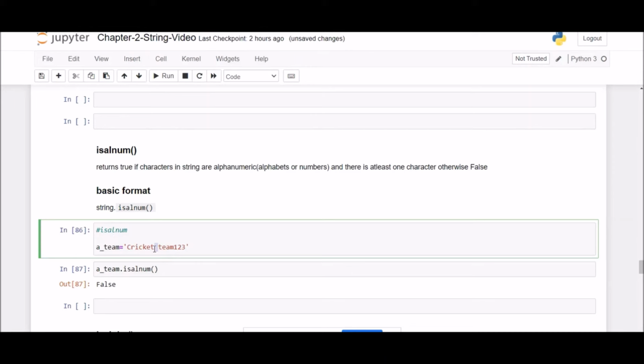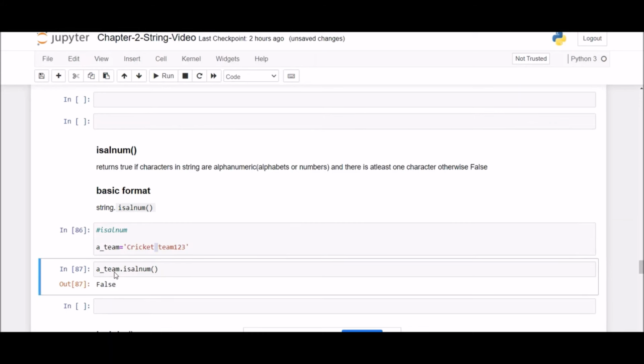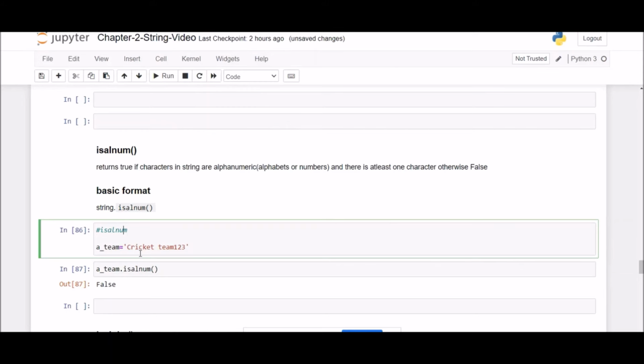And that is the space. So that is why we got false. This method will return true only if each and every character of this string is either an alphabet or a number. Otherwise it will return false.